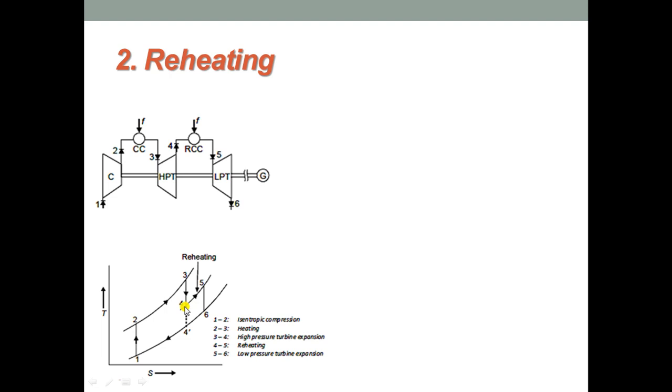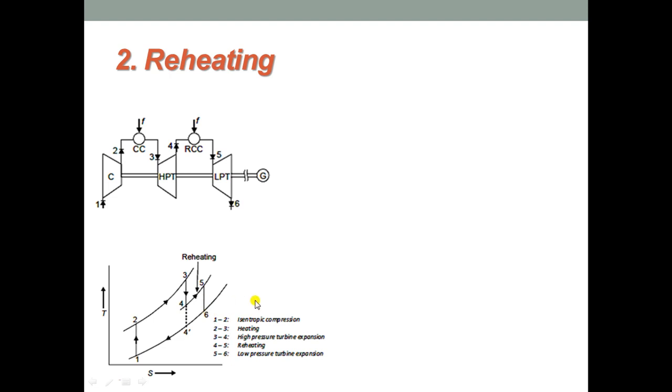The air leaving the turbine at point 4 is heated in the reheater, which is a second combustion chamber, to condition 5, and enters the low pressure turbine at point 5, which is the second and final stage of expansion. The high pressure turbine drives the compressor, while the low pressure turbine provides useful work output.